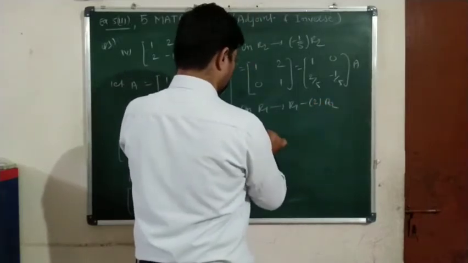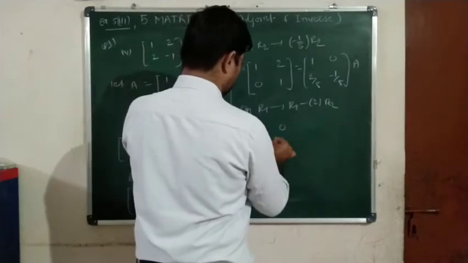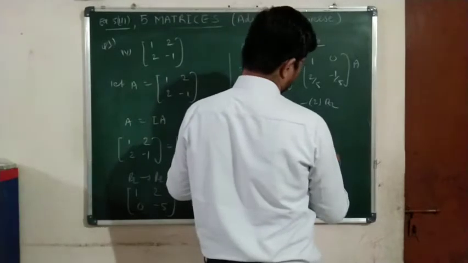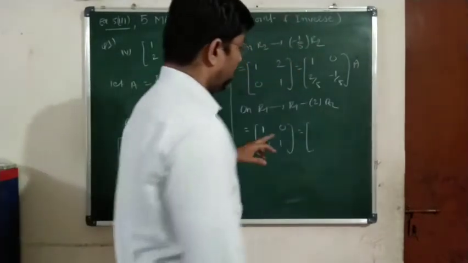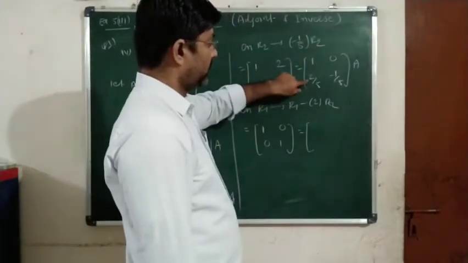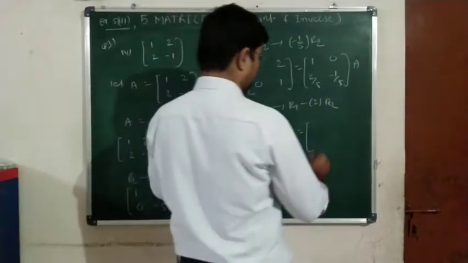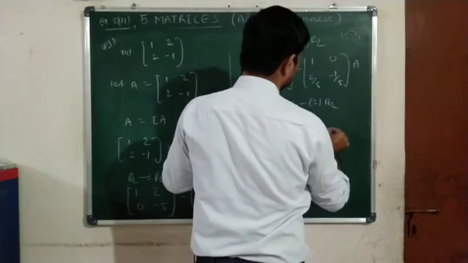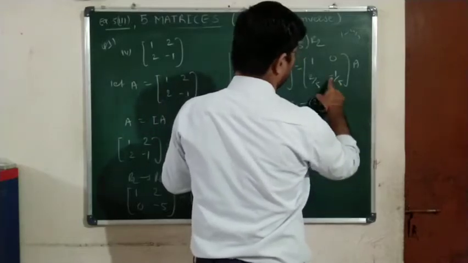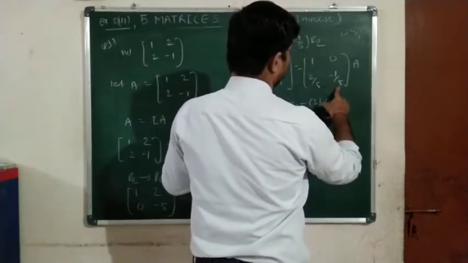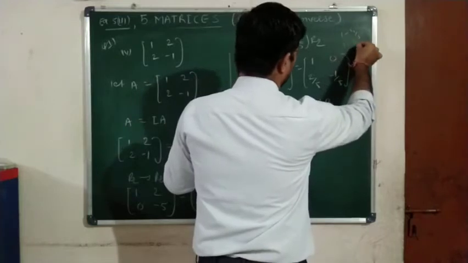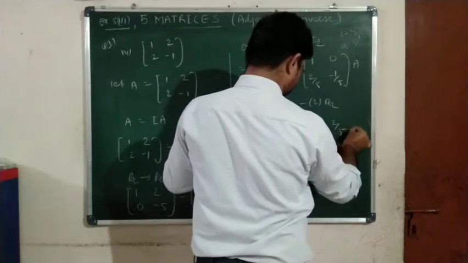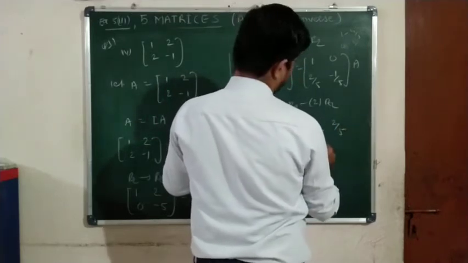Okay, so [1, 0; 0, 1] is equal to, okay, let us multiply by 4/5. 1 minus 4/5 will be 1/5 only. Okay, and by 2, so -2/5. 1 plus 0 plus 2/5 is 2/5. Clear?